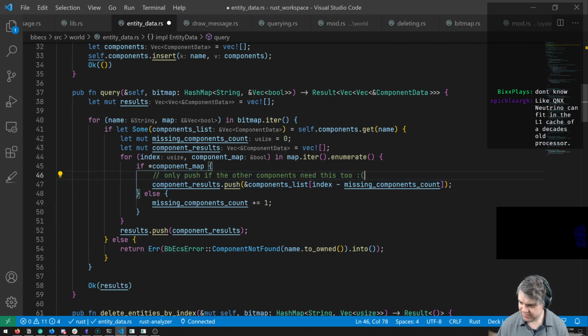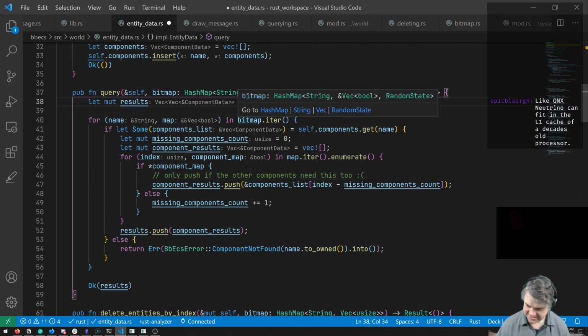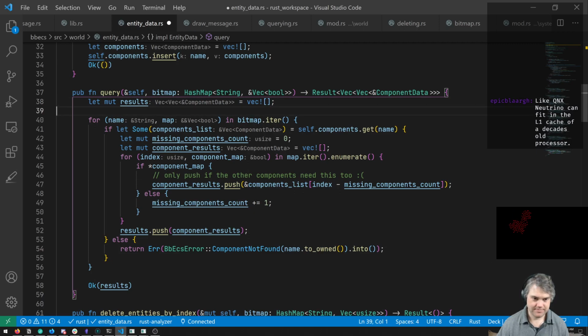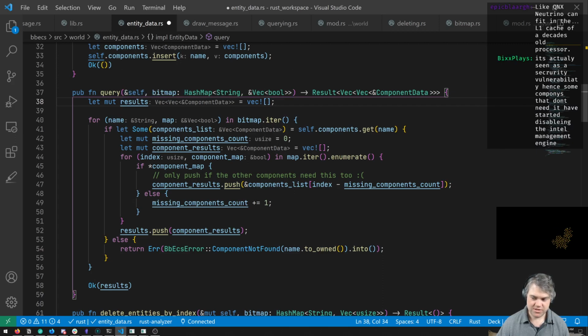QNX Neutrino can fit in the L1 cache of a decades-old processor. Oh, really? Oh, that's nice. That's not even megabytes then, right? That's just kilobytes. All right.